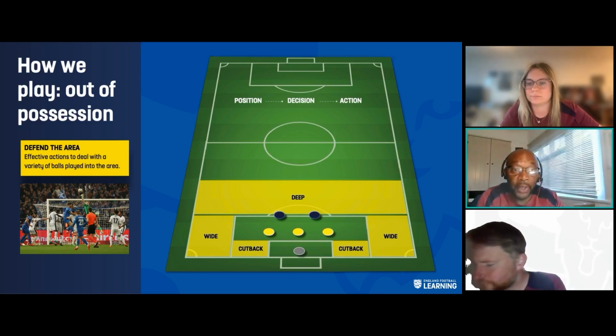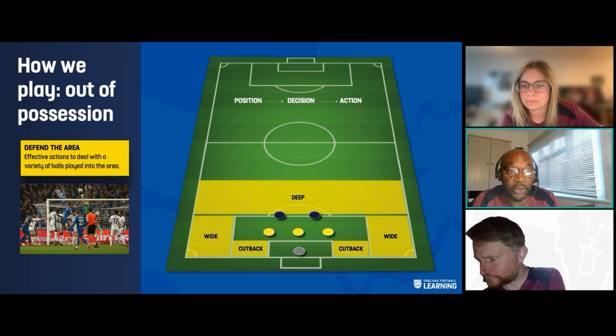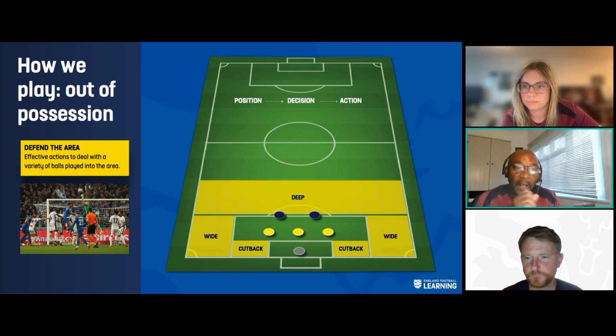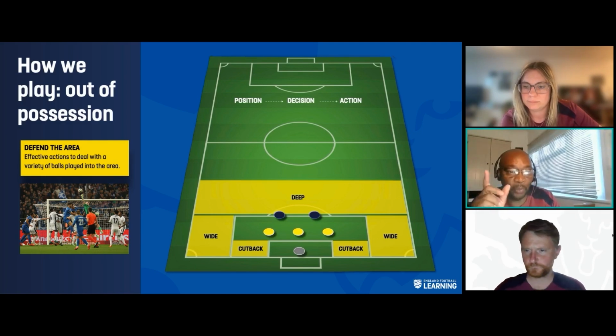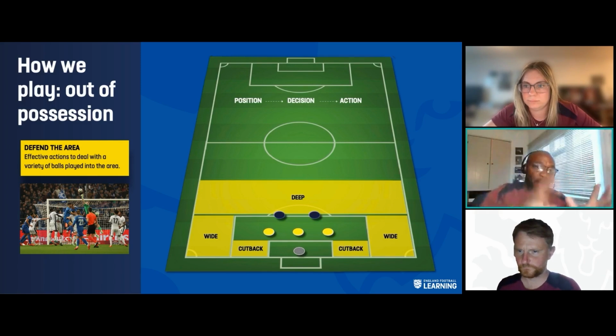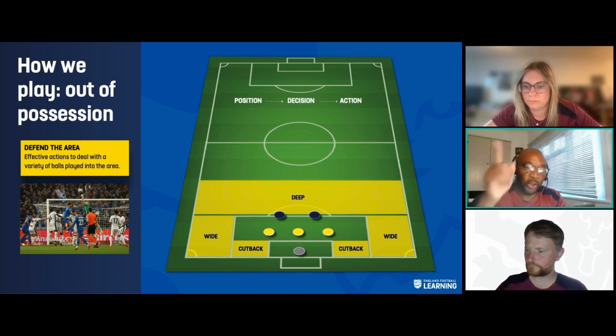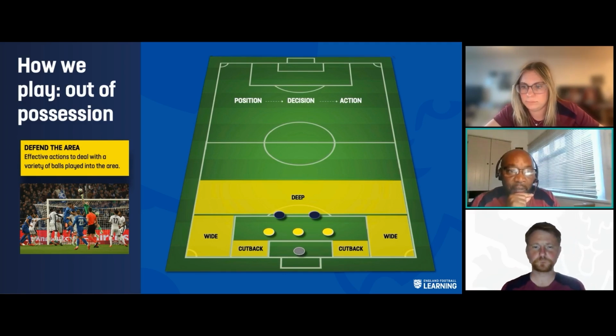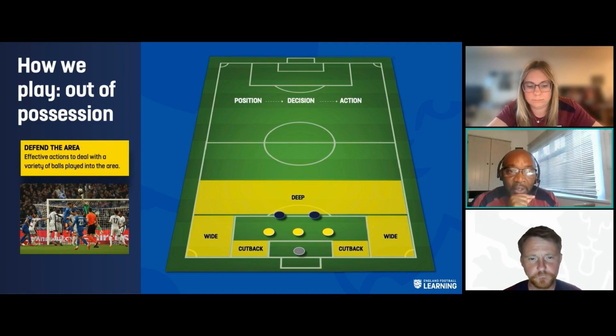Again, this has come on a lot recently because the game's changed so much, because it used to be that players would take crosses from quite deep. So wingers would run down the wing, get to the byline, cross it in, and the goalkeeper would come out and take a big high cross and that sort of stuff, or balls just pumped into the area. But we're now starting to find, as you see in the picture here, things like cutbacks and some of those things,